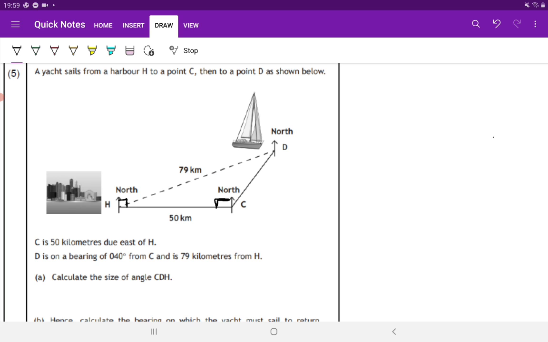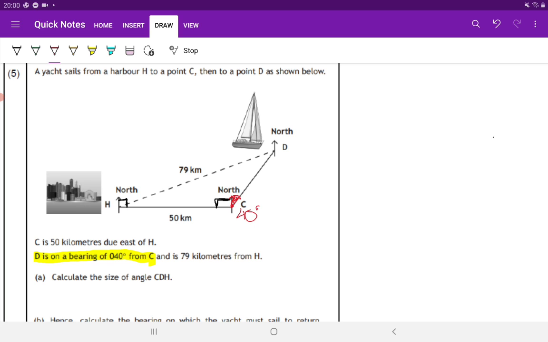means that that angle that way is 90 degrees. Okay, so that might come in handy. It also then tells us that D is on a bearing of 40 degrees from C. Now this isn't marked on, okay, our picture, but what that means, remember, is that D from C, so we're standing at C and we're measuring to D, that bit in there that I've coloured in red is 40 degrees,